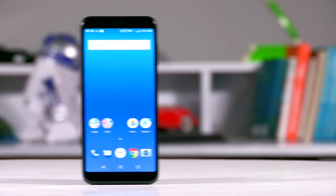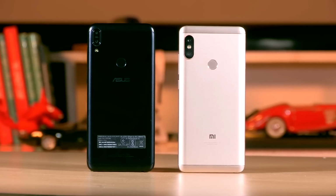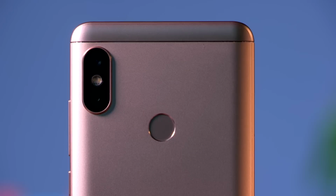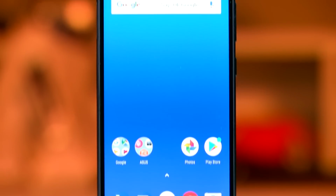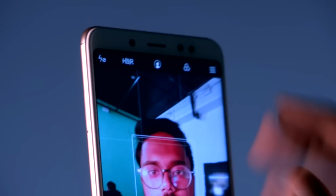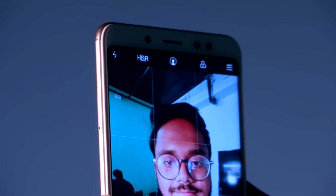Starting things off with the specification, the Asus Zenfone Max Pro M1 has a dual 13+5 megapixel camera setup at the back, whereas the Xiaomi Redmi Note 5 Pro has a 12+5 megapixel camera setup. On the front, the Zenfone has an 8 megapixel camera, while the Redmi Note 5 Pro rocks a whopping 20 megapixel camera. Now, megapixels aren't the end-all and be-all of the camera prowess of a smartphone, but they do make